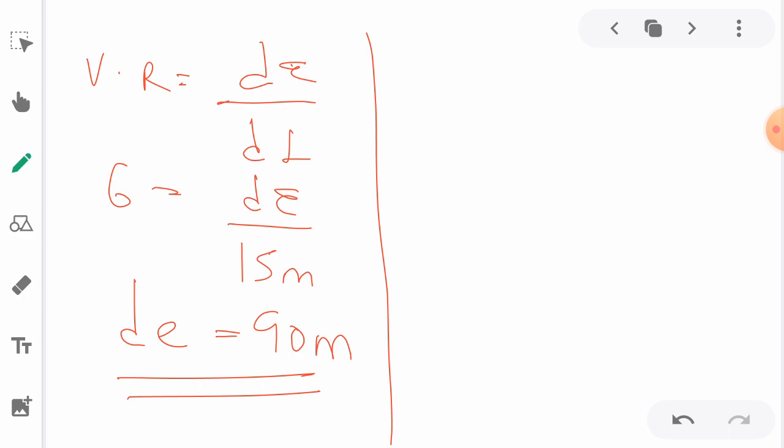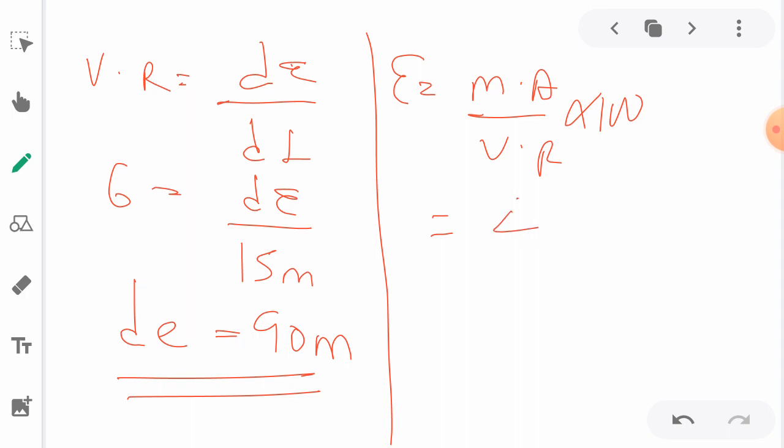Then next, in case we're asked, how can we find the efficiency? So we know that efficiency is equal to mechanical advantage over velocity ratio times 100. One thing that you need to know is that mechanical advantage shall not exceed velocity ratio. So mechanical advantage we have 4. Velocity ratio we have 6 times 100. So 4 divided by 6 times 100, you have 66.66. You can just say 66.7%